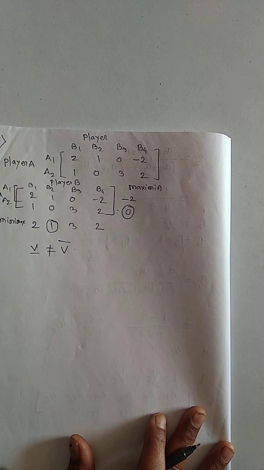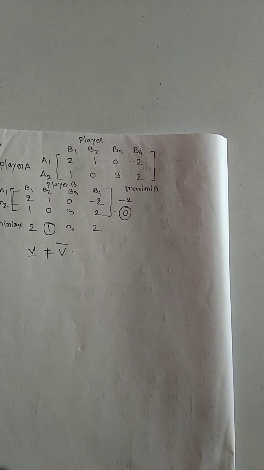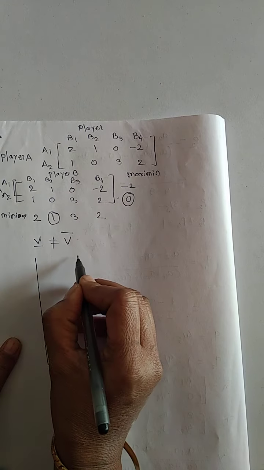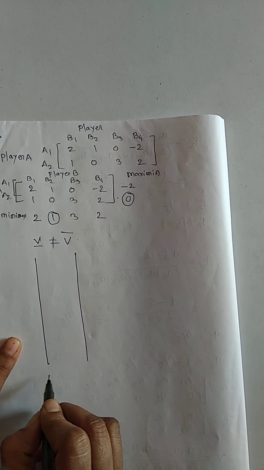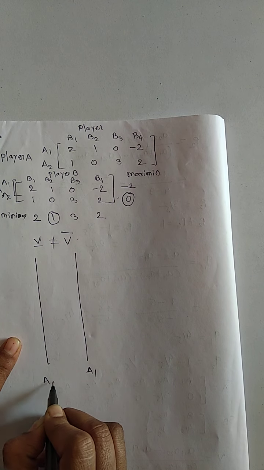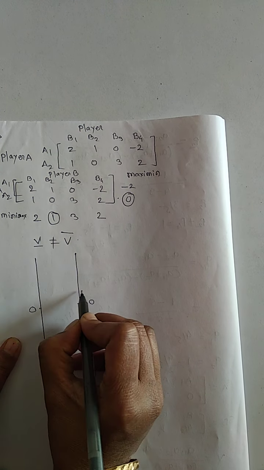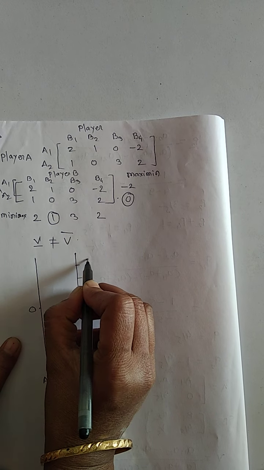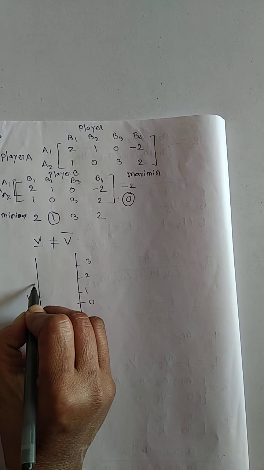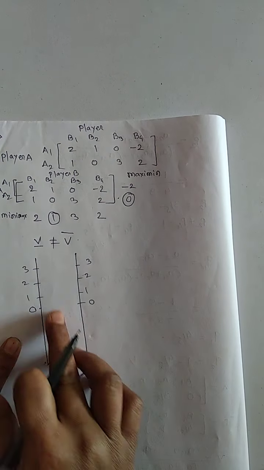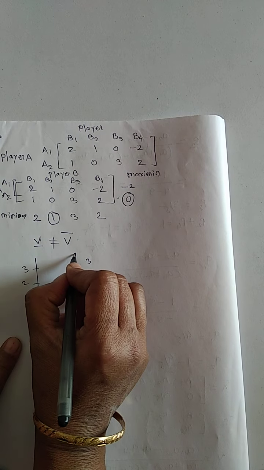We plot all the given points on the A1 and A2 axes because here 2 rows are present and columns are greater. Therefore we take the 2 axes, that is A1 and A2. That is origin 0, 0, 1, 2, 3, 1, 2, 3. Here in this payoff matrix the last element is 3, therefore we take 1, 2, 3.